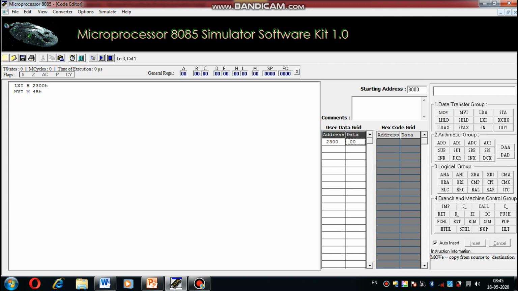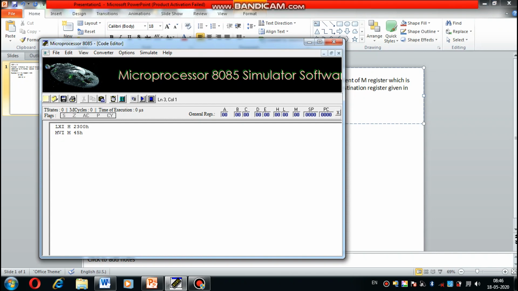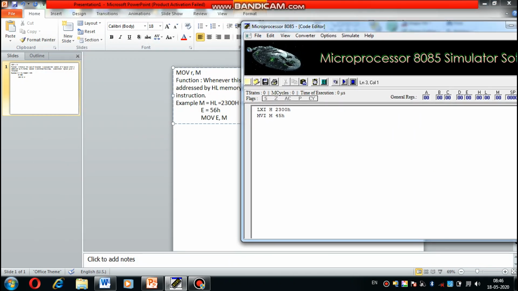Then register E is initialized with 56H. Then the instruction MOV E, M.